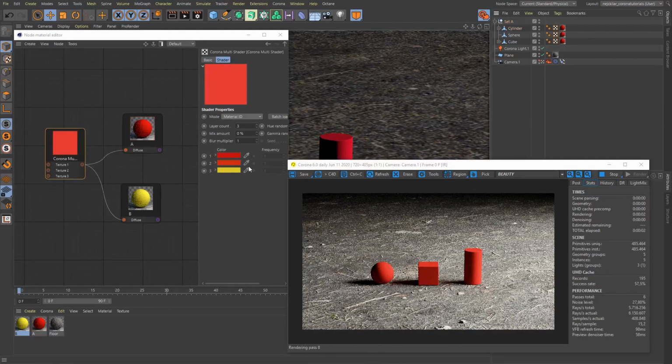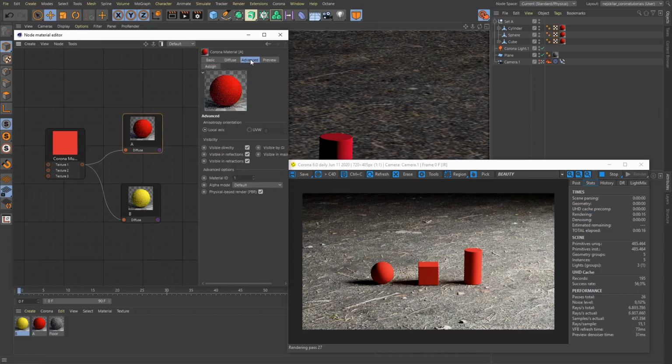Alright, so that is the gist of the material ID mode. The next mode that we'll be taking a look at is the object buffer ID mode. And believe it or not, this one is very, very similar to the material ID mode, with the only difference being that you don't have to go under the material and under the advanced tab and mess with the material ID setting. What you'll be doing essentially is applying a Corona compositing tag and messing with the object